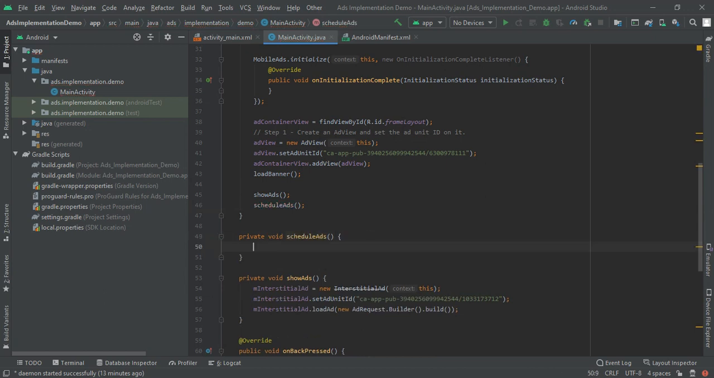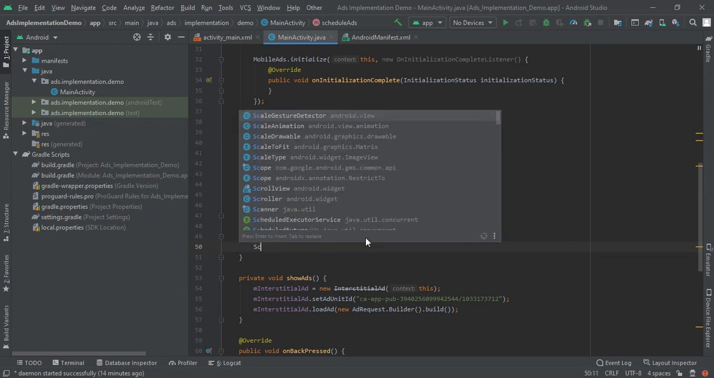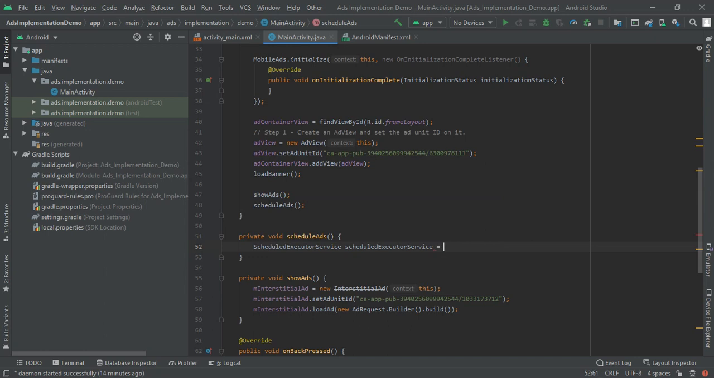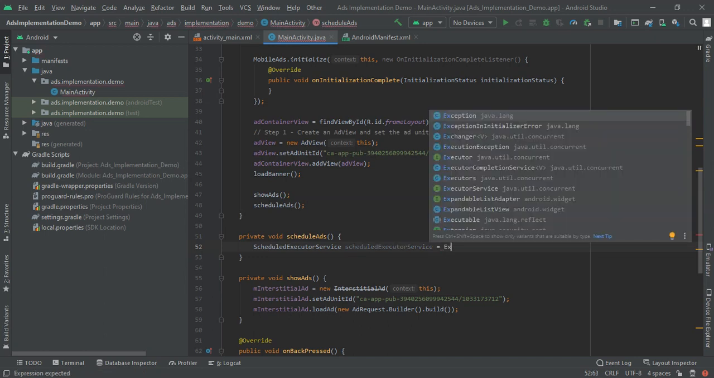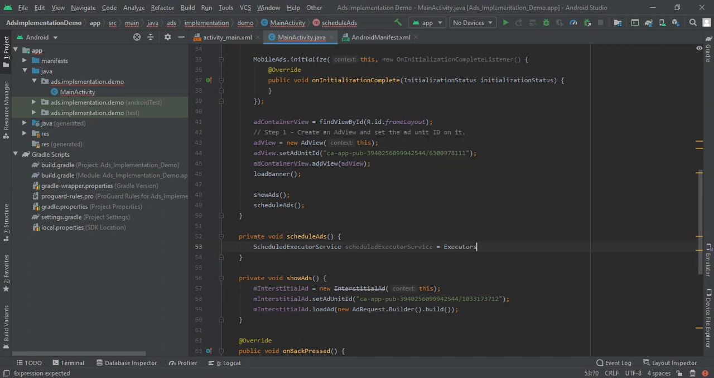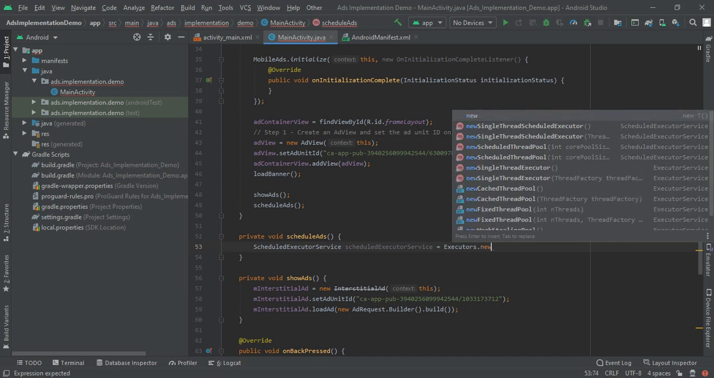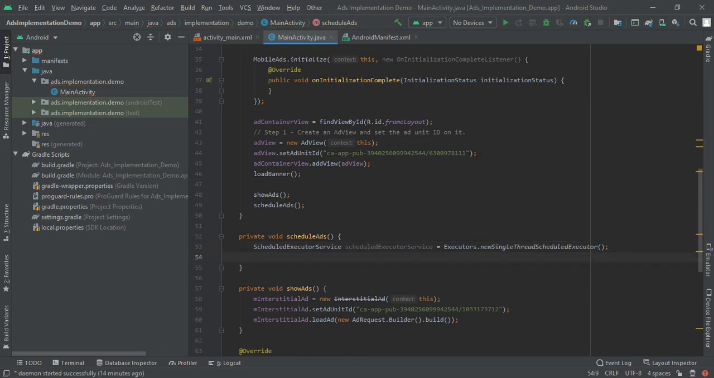Now here we have to write our schedule listener. So ScheduledExecutorService scheduledExecutorService is equal to Executors.newSingleThreadScheduledExecutor(), and then close it. After you add that, you have to schedule our application, so schedule our interstitial ad. So I again write scheduledExecutorService.schedule, and then scheduleAtFixedRate,